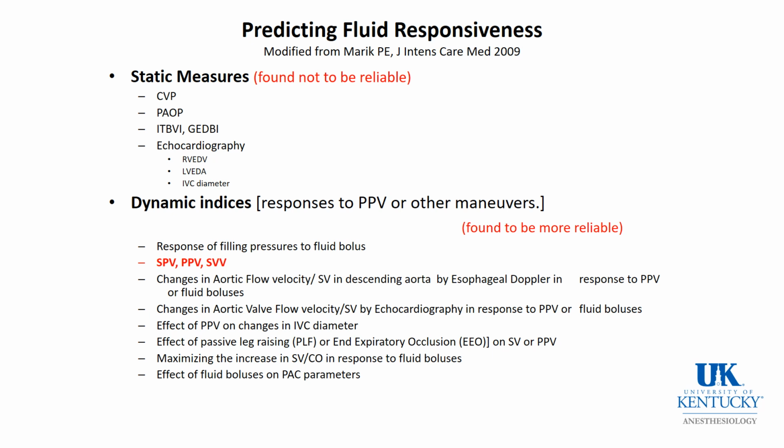So in the past, we used static measures to assess fluid responsiveness: CVP, pulmonary wedge pressure, echocardiography. It turns out none of these are very reliable. And so the trend now, as you know, is to use dynamic indices: the response to a fluid bolus and the effect of ventilation on